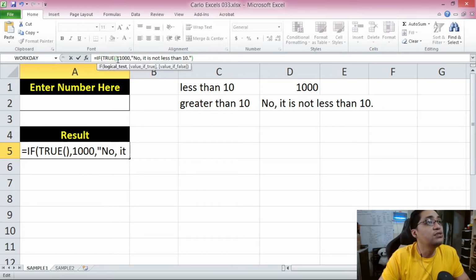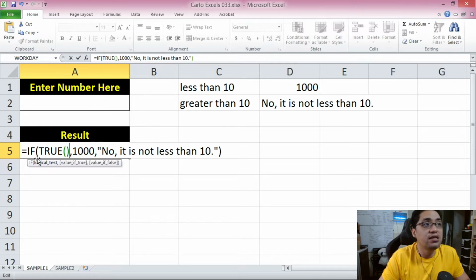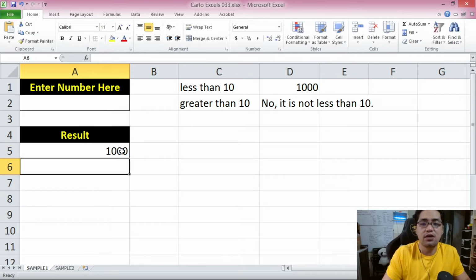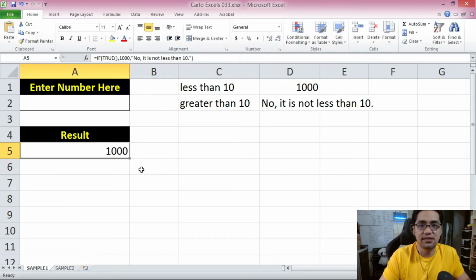So this is the use of a true function, just like what you can see on the screen. This is me inserting the true function where the logical test is supposed to be. And when I press enter, you force a true result in this case. And on the other hand, if you want to force a false result, well, all you have to do is